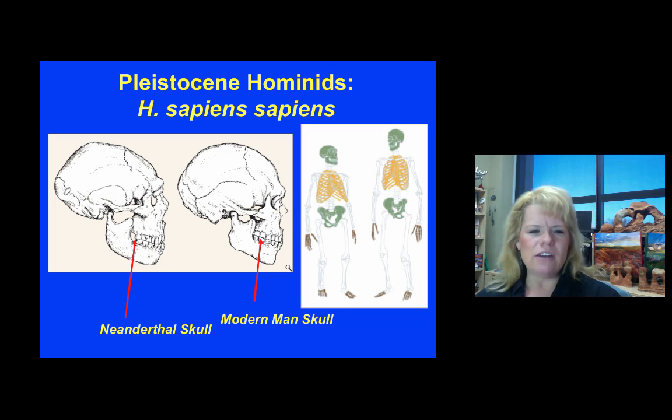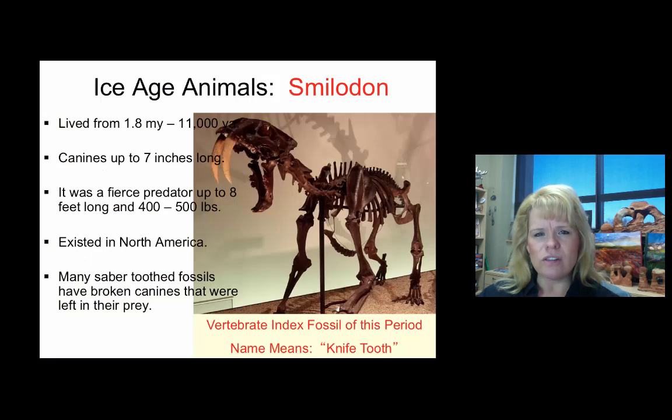So when you take a look at a Neanderthal skull and you look at a modern day skull, and then you look at their body plans side by side, you should see some fundamental differences. And you need to be thinking about climate. Why was the Neanderthal the shape he was, the size he was? Why are we seeing modern man in the last 40,000 years, or certainly the last 195,000 years, get longer legs, not as long arms, different chest, different jaws, different shape eyes? What's up with that? Why do these things happen? What was the evolutionary need for those traits to change?